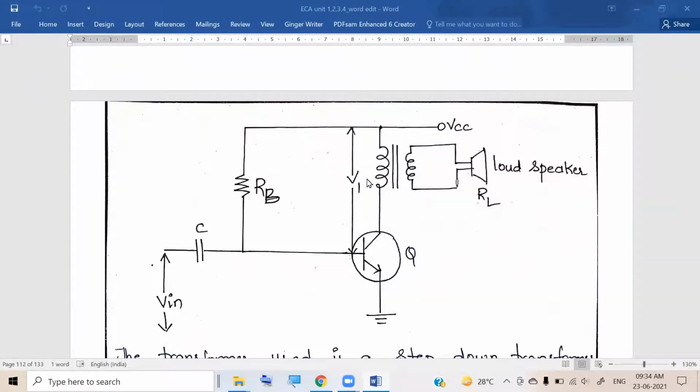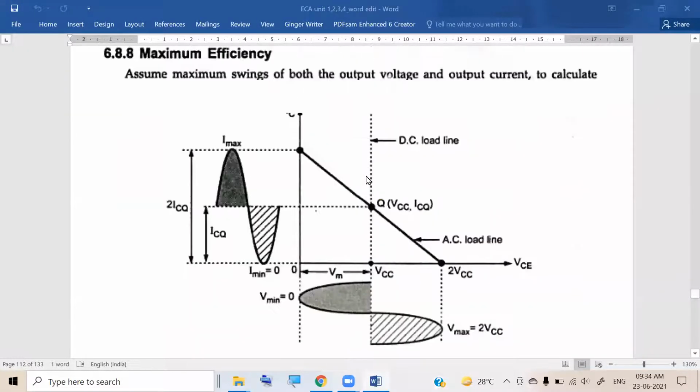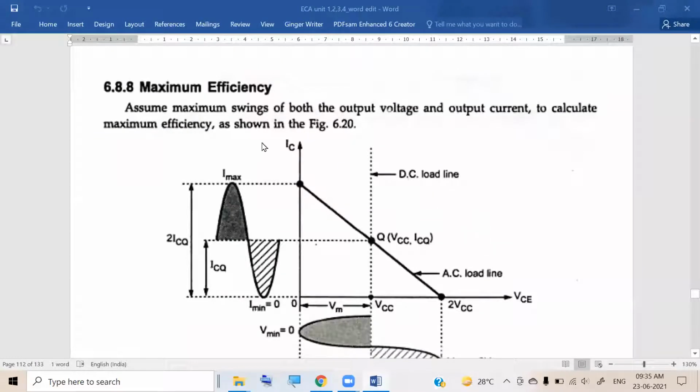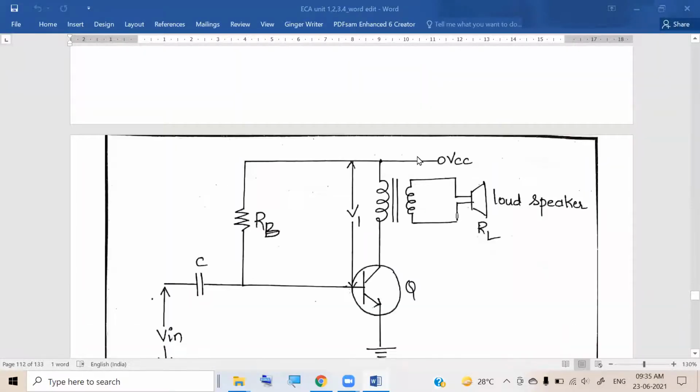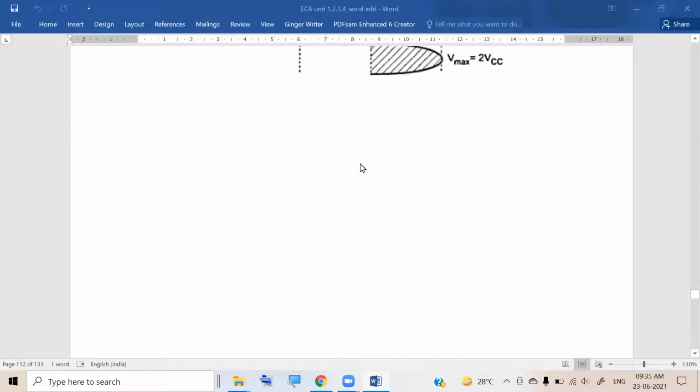Right. So initially, we are operating, this is again class A. We are operating in the center of the current voltage characteristics, or the output characteristics, of the transistor. Center means here. So what is done here is, this is the load line. We fix VCC by giving the supply, usually a constant. Then we fix IC by fixing